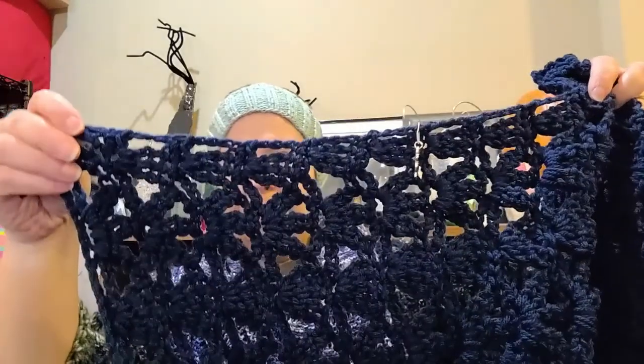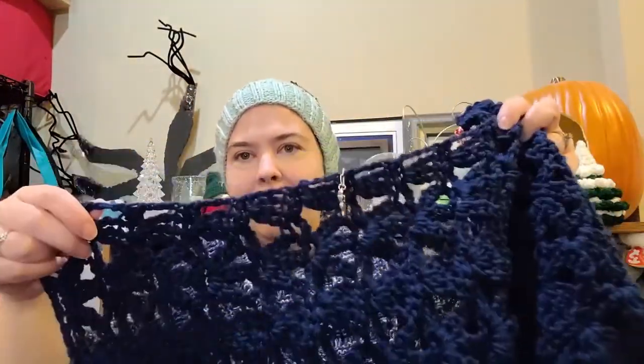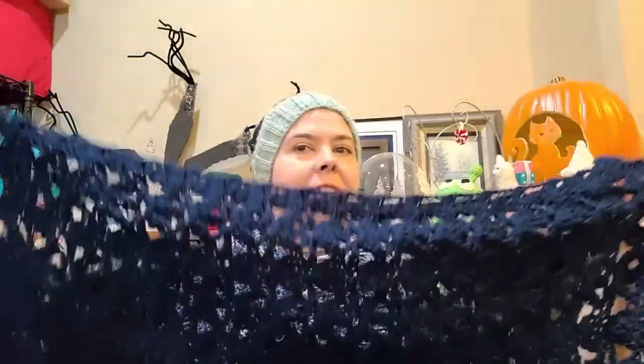All right, here we go. So it is roughly probably about 3.5 feet right now. And the last time I showed it to you, that's my progress creeper, and it's a little ghost. Isn't it cute? So that's how much I had finished to begin with, and this is how much I've worked on. So making progress. I am about to run out of yarn on this one,